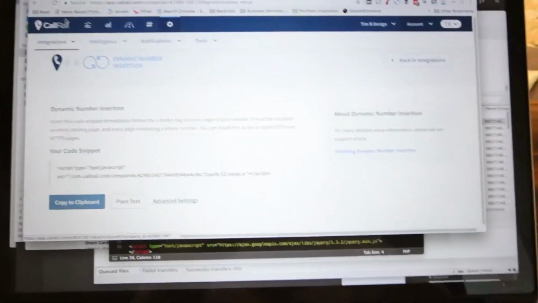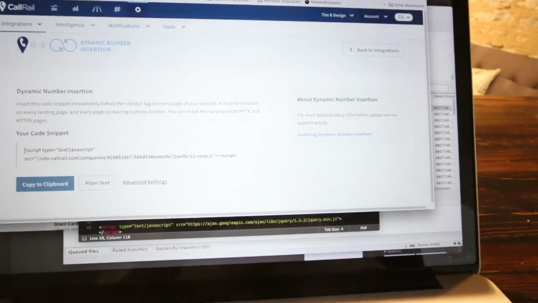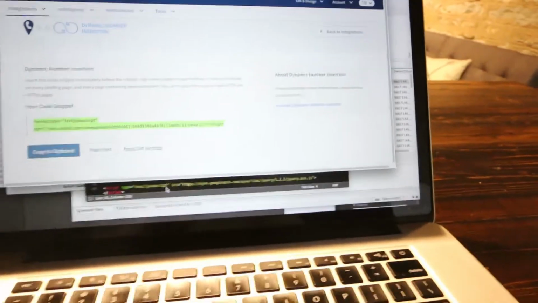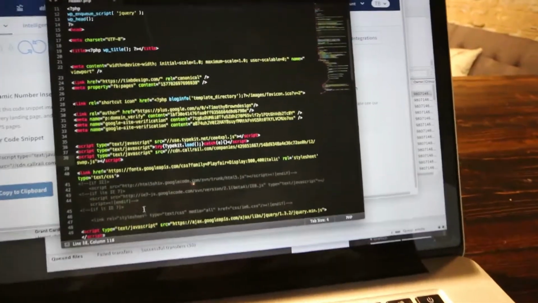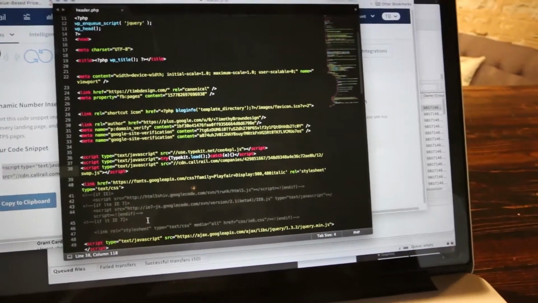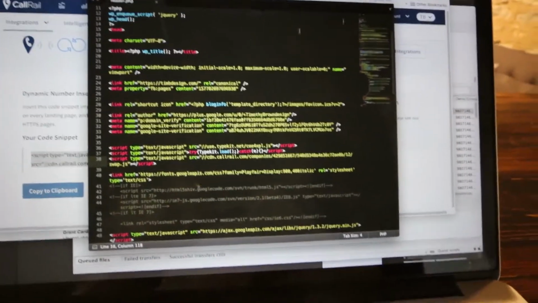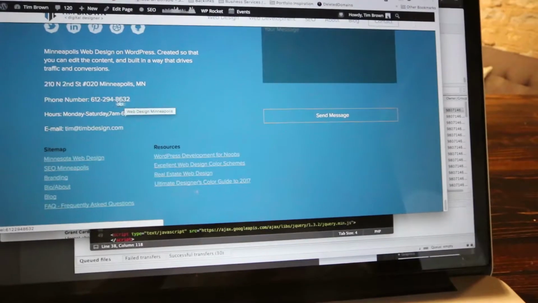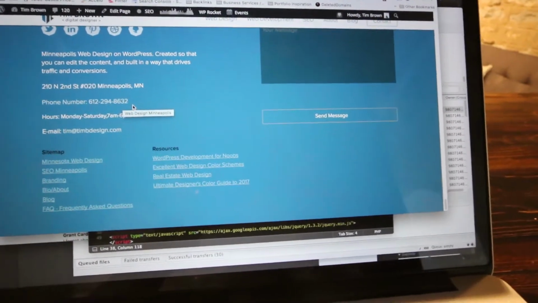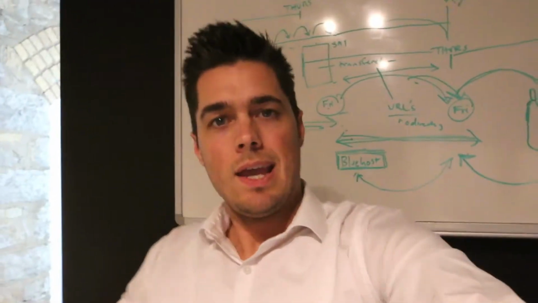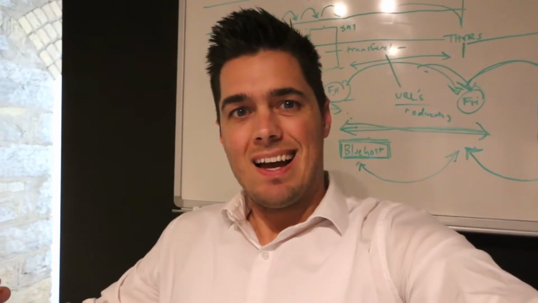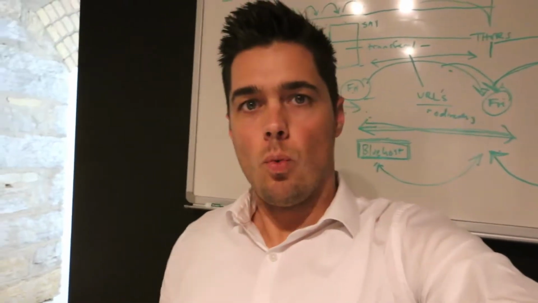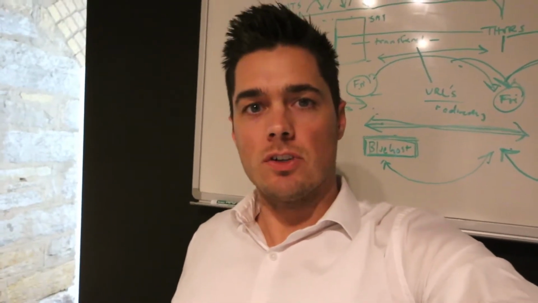Oh yeah, this is a great tool. It's called CallRail. With CallRail, you put a little tiny code snippet into the head of your website, and then it swaps out the numbers for you. It swaps out the number on your site. So if you look, this is not my real number. It swapped it out so that it will just allow me to see where those phone calls are coming from,